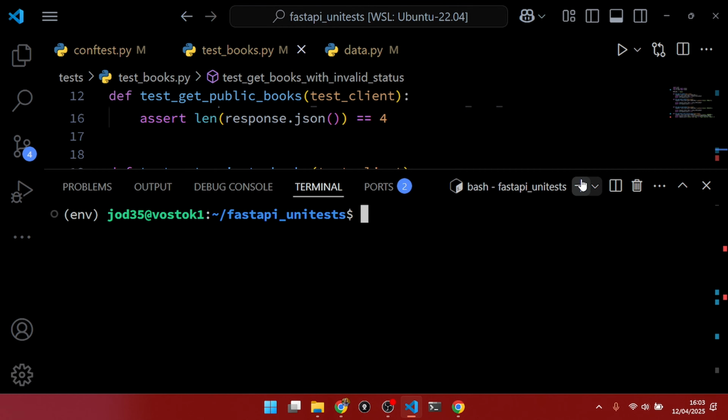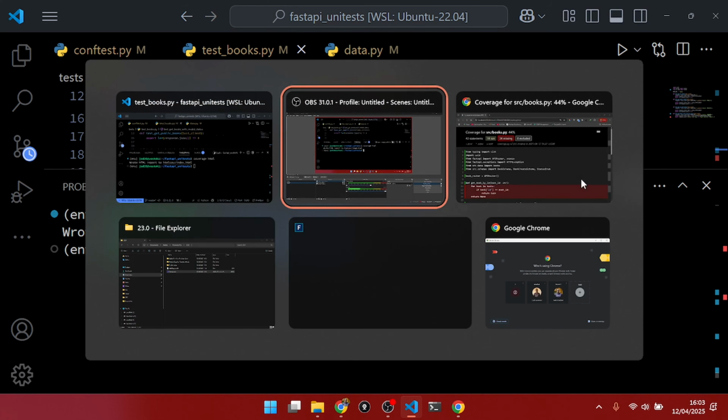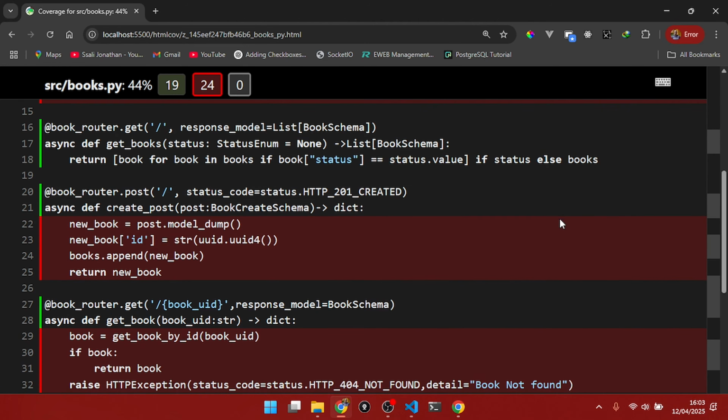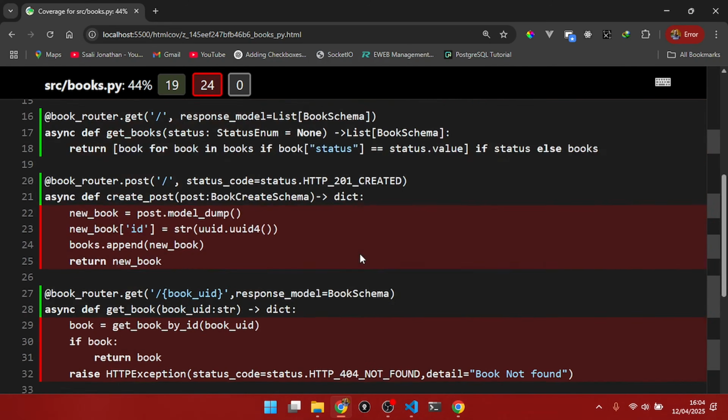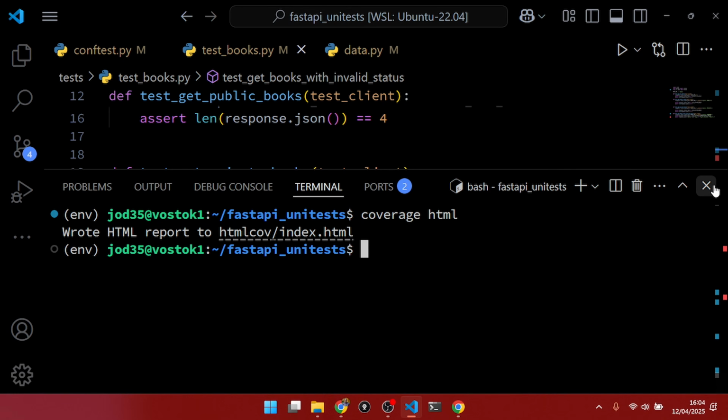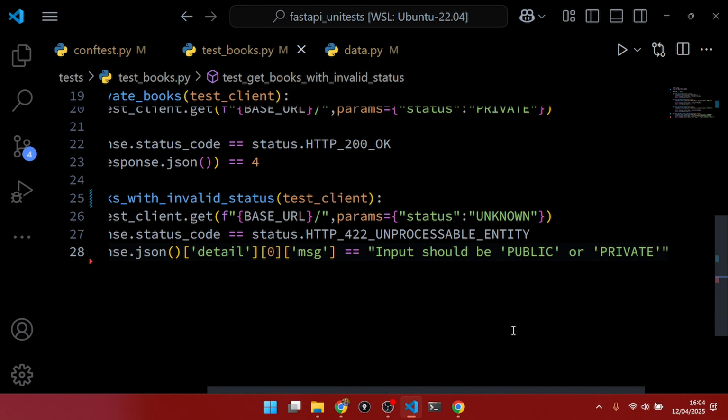And if we go ahead and create our coverage report with coverage html, we'll go back to our browser right here, and then we'll see that that specific endpoint we are testing has been fully tested. So now we have the work of going ahead to test all these other endpoints. And to save time, I have done all the tests and they are present on GitHub. So I'll go ahead and paste them right here,